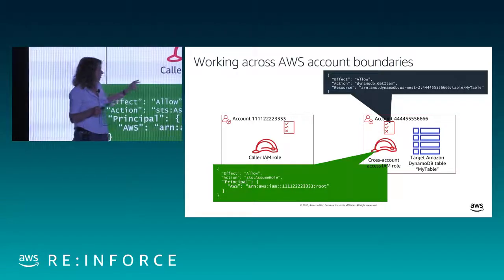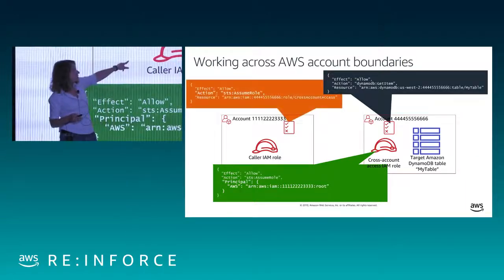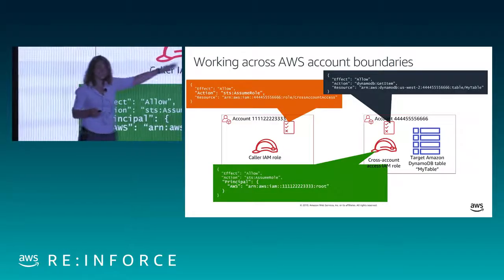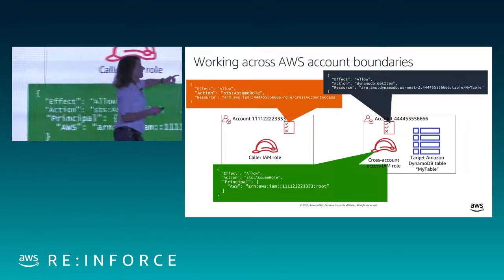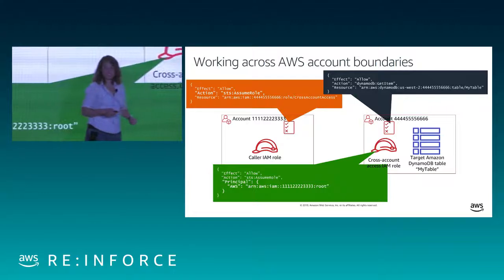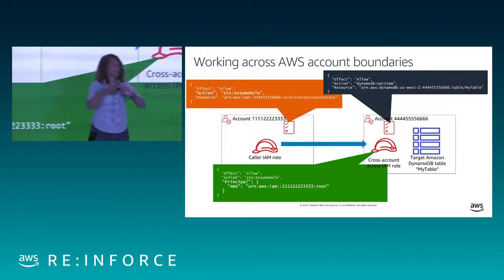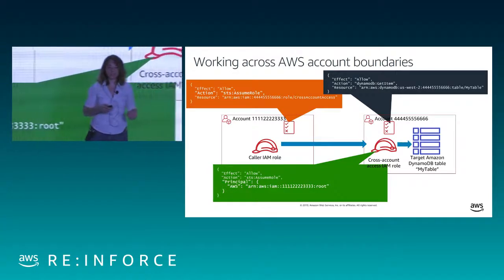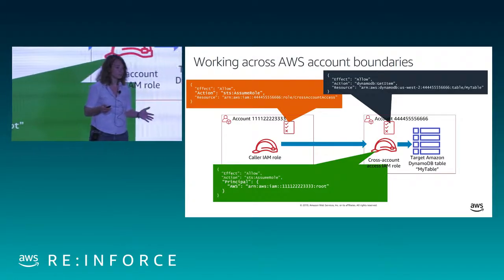Now the third leg of this is that this account seems to say they can get in, but this account needs to as well. So we'll put a policy on this caller principal, not saying anything about DynamoDB, but instead saying that they can get into this role. With all of those things together, the way the access is done is this role assumes the other role, gets back some temporary credentials because now it can be that role, and then using those temporary credentials, it makes the call to DynamoDB. So those are your two patterns for cross-account access if you ever need to do that.